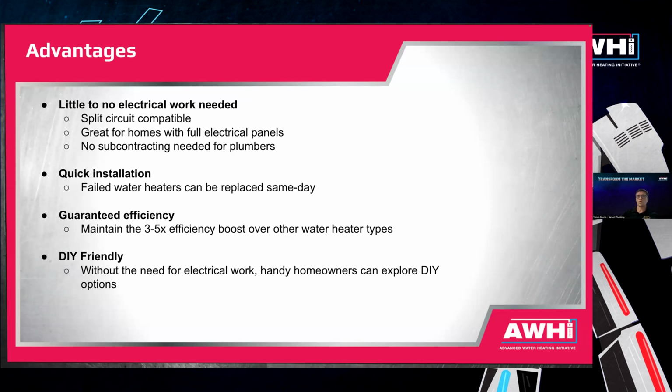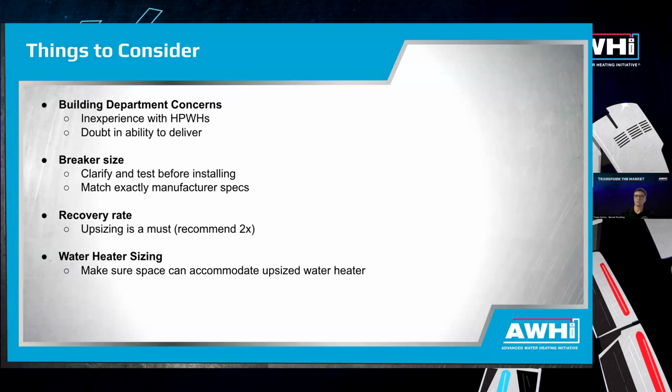This also opens the market for homeowners who are DIYers. Handy homeowners can explore electrifying their water heater without the need for electrical contracting knowledge or knowing a contractor themselves. And so it just opens the path for a lot more homes to be able to access the heat pump water heating market. So, things to consider when looking into installing 120 volt heat pump water heaters, first and foremost